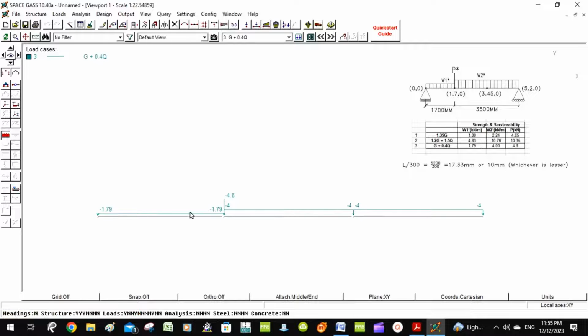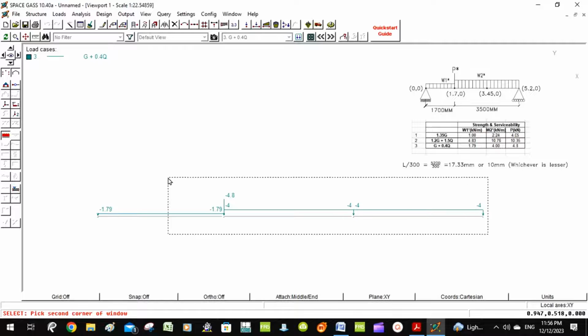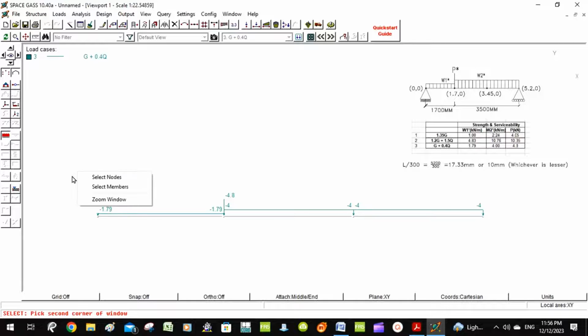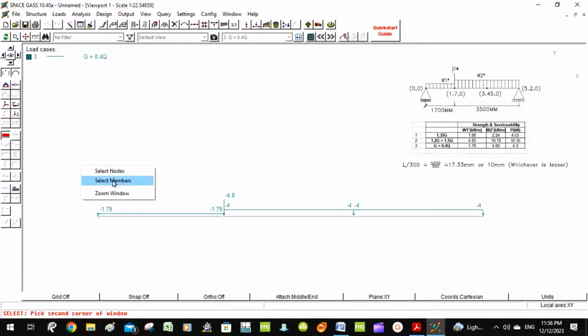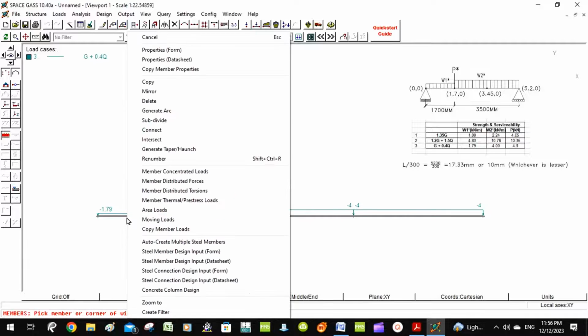So we select, like with the left click, we select all the members. You can do it that way individually, or you can highlight the window around the whole entire structure and then say select members. I find that a lot easier: go around anti-clockwise around this whole structure like this and then select member. Okay, with the right click, we go to properties